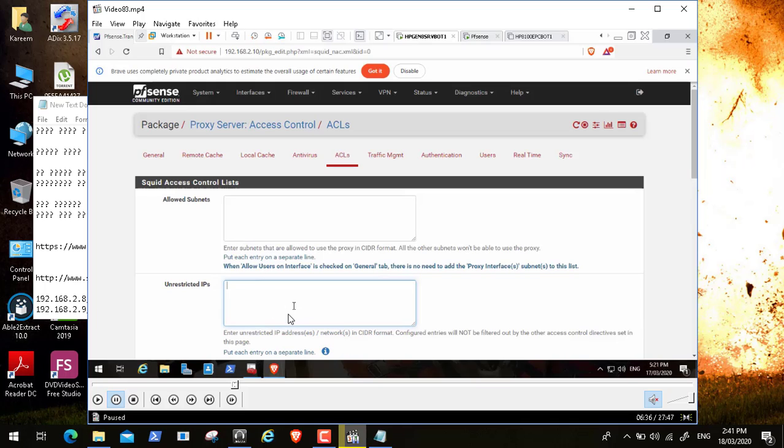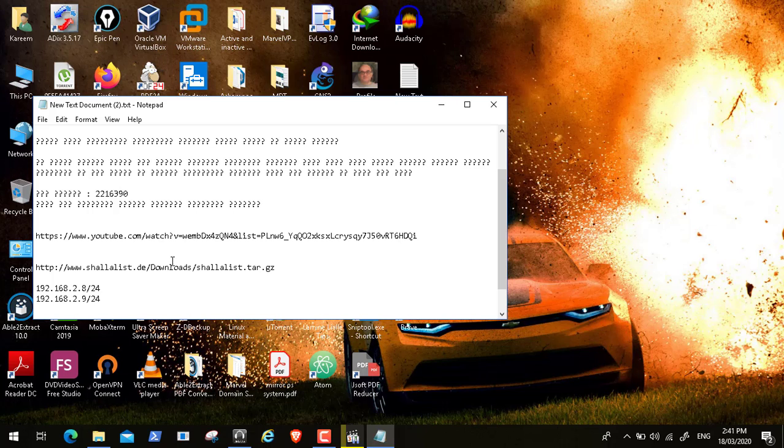When I put these two IPs in this field, I saw a log in SquidGuard saying that I am passing the whole network. It didn't pass only my domain controllers, but all of the network, 192.168.2.0. It passed the whole network, not the two IPs only. It didn't see this as two IPs, but as the whole network. So any client, any server will pass without any